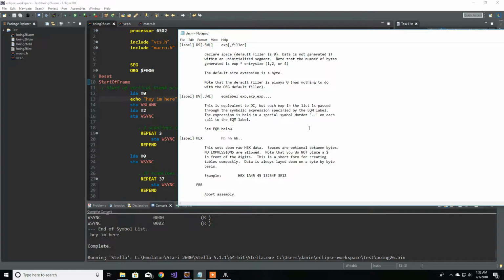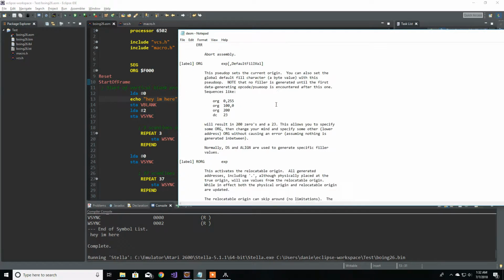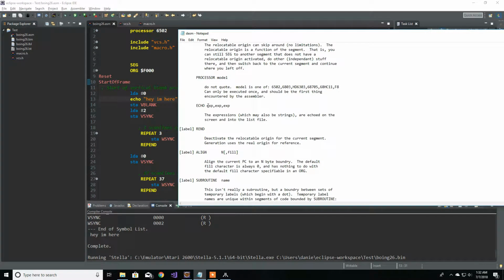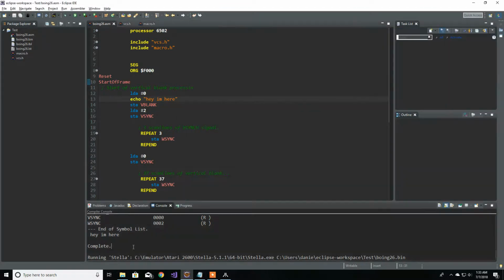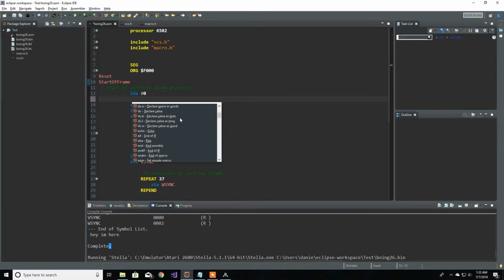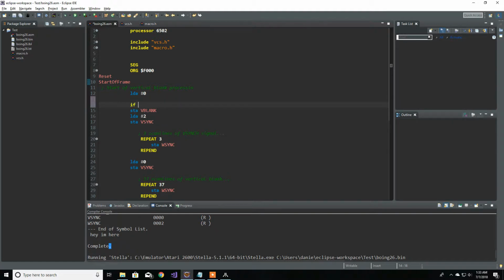Let me go over here, see if I find echo over here. Echo, the expression may also be used for strings in the screen to this file list right over here. So that's echo. The next one is the ifs. So let me go to if, else, and if. Okay. If